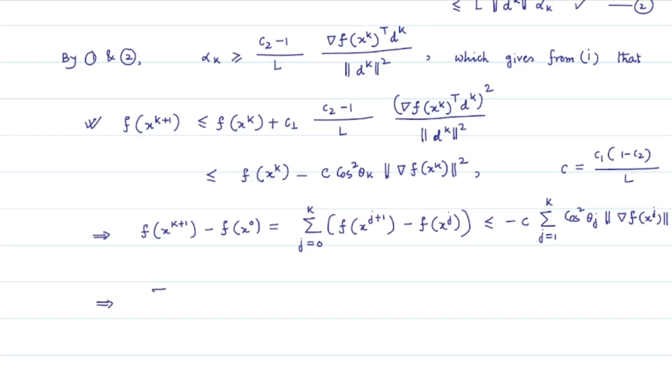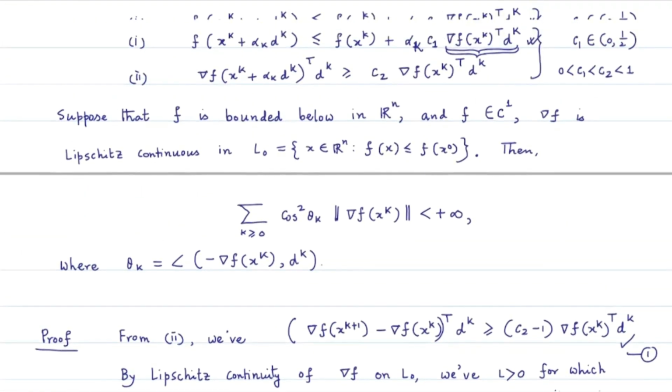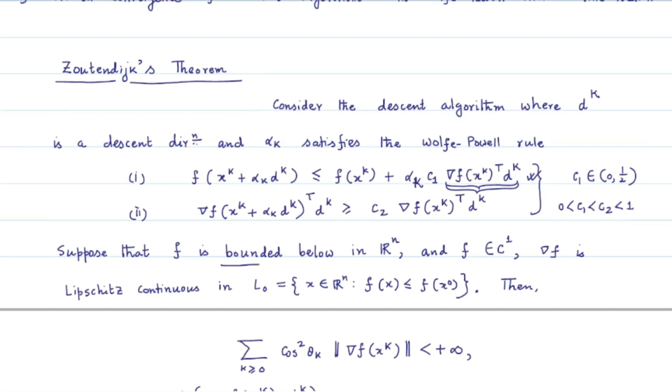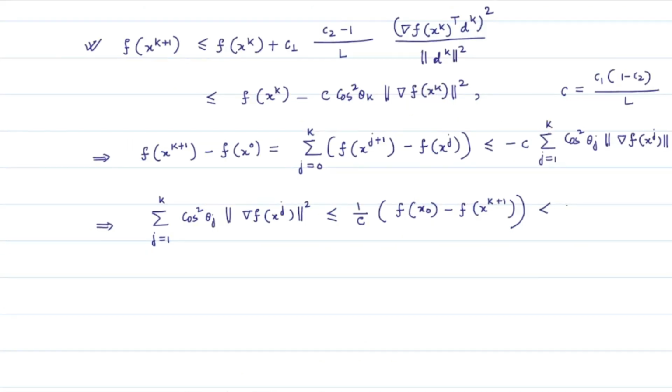So it gives us this sequence of partial sums, summation j equal to 1 to k of cosine square theta j times norm grad f(xj) squared, less than or equal to 1 by c times f at x0 minus f at x(k+1). As we have assumed the function f is bounded below in Rn, this is less than a finite and definite quantity, say capital M,